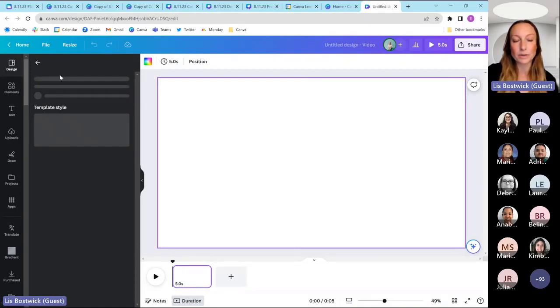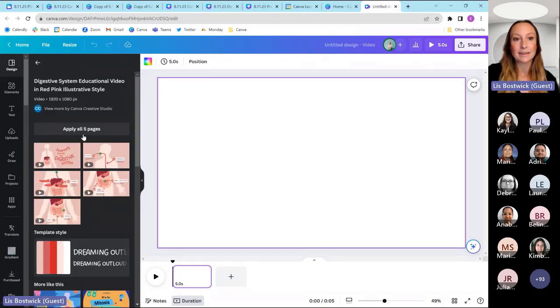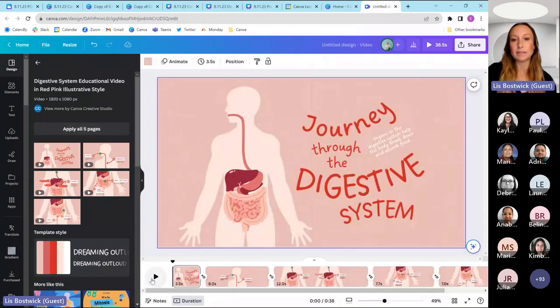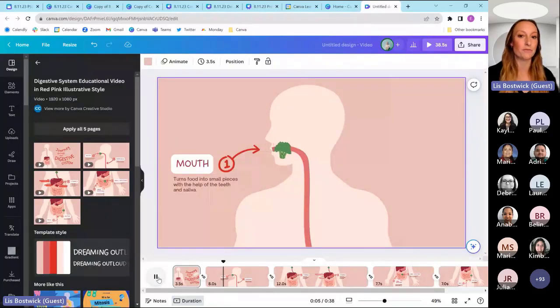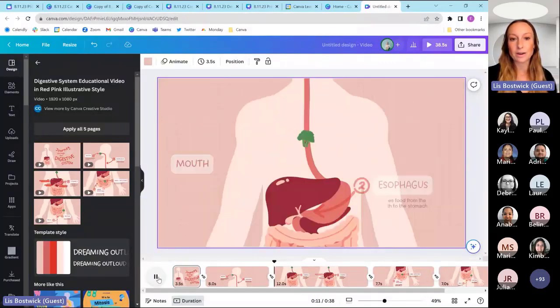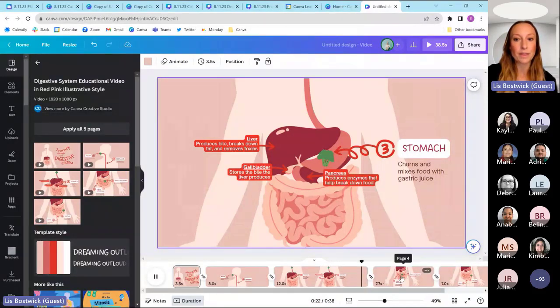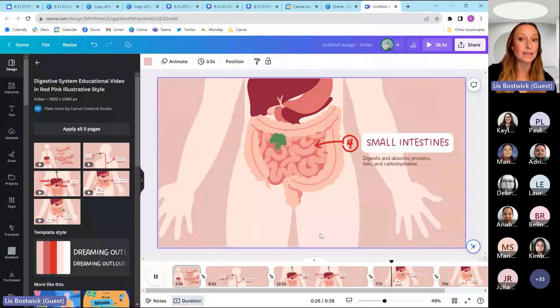This template here is also another video. Looks like we're a little bit slow here. Okay, let's see. I'll just show you this one too, because it does break down some animation in Canva. But notice here, this looks just like a Canva presentation, but here's a video. And again, it looks a little bit different than the classic video that we might be envisioning that might be on television. But we've got the vocabulary words, we've got the explanation, you've got all of your text bubbles coming up, and you can see everything just coming right through. And then you'll also see that that broccoli is animated.